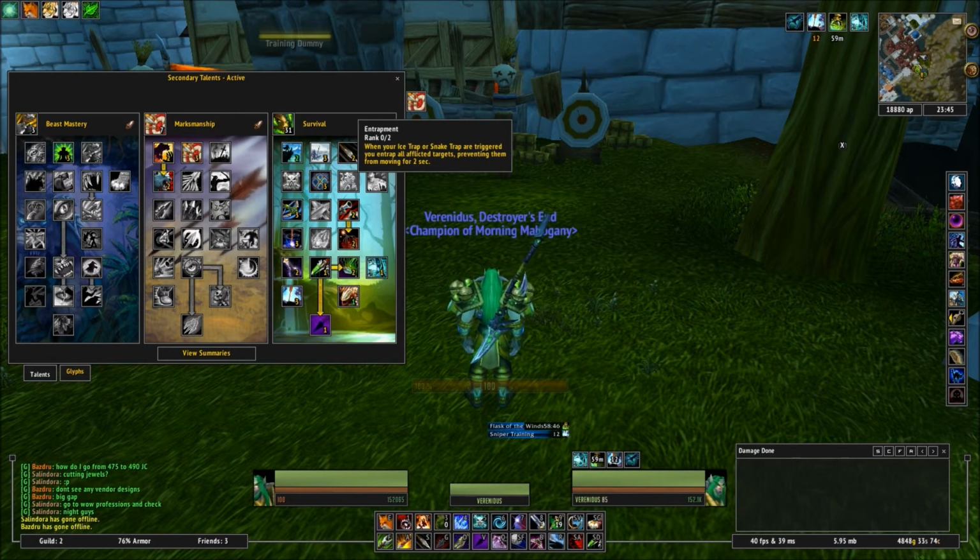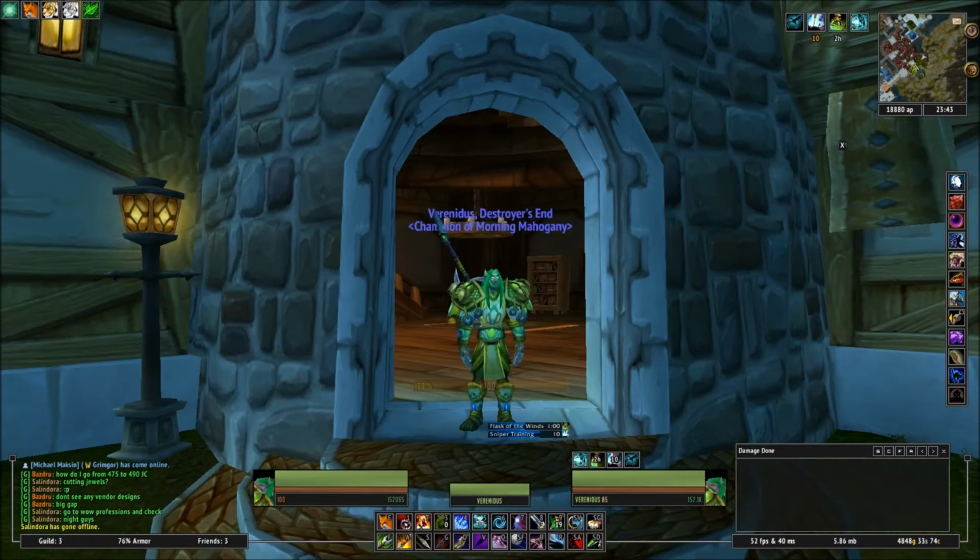Entrapment is good. Unfortunately, in Dragon Soul, you're not going to really be trapping a lot of stuff. So it's kind of weak. I mean, if you're doing Firelands or something, you might want to grab 2 for 2 in there just for Beth'tilac or something if you're doing the adds. But otherwise, in Dragon Soul,